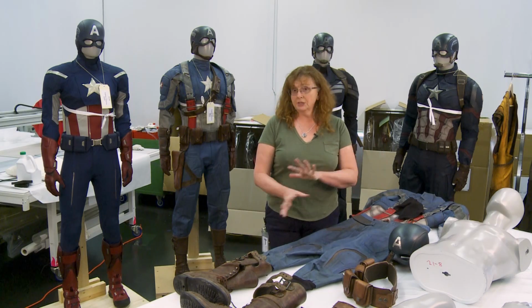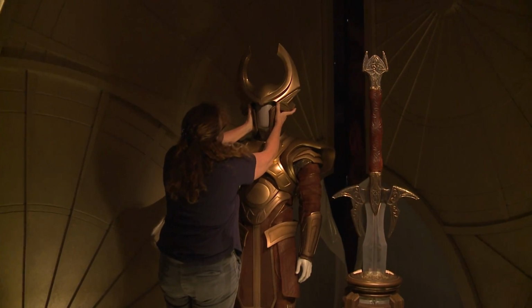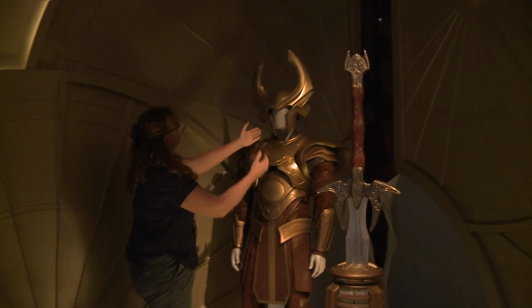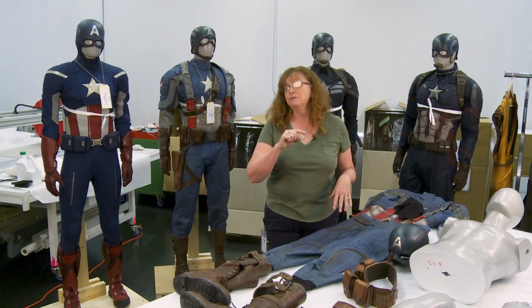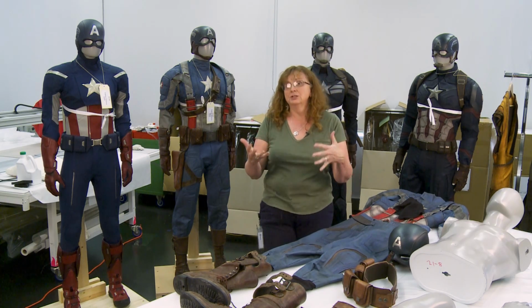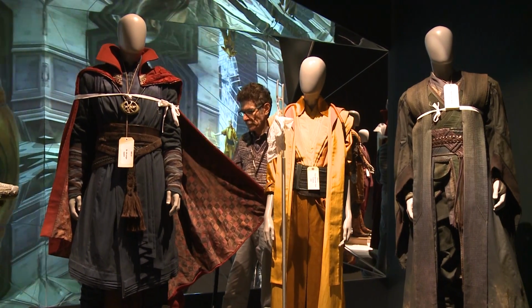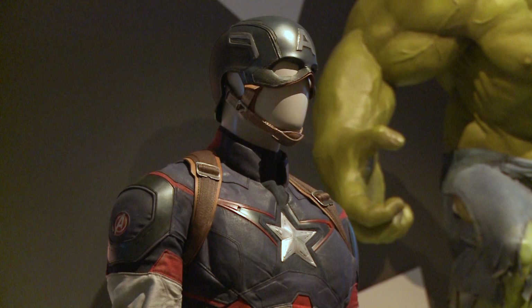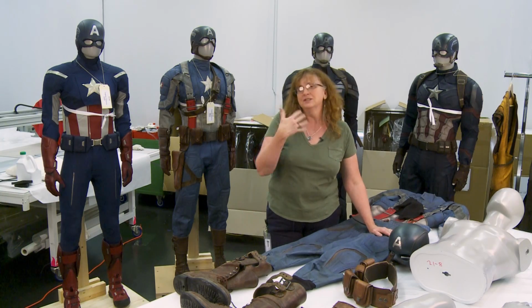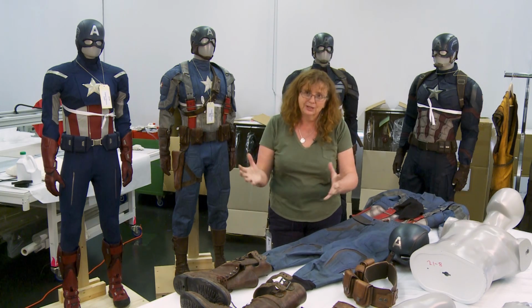Once there's prototypes, there's usually a fitting with the actor, and then their voice comes into how it fits or how it looks or how it feels. And it's really fun to be around for the first time an actor puts on a superhero costume, because there's that 8-year-old boy moment where they look in the mirror and go, oh, look, I'm Dr. Strange, or I'm Black Panther, or I'm Captain America. And it's fun to see him for the first time too, because all of a sudden all those elements are coming together,